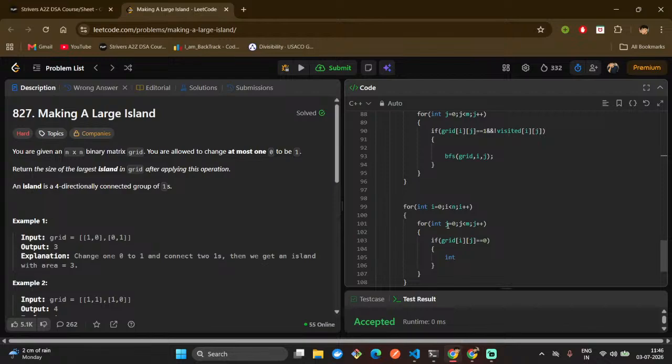You have to take it to make the connections. Now you have to take